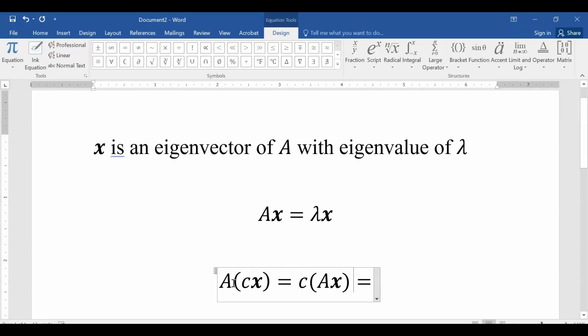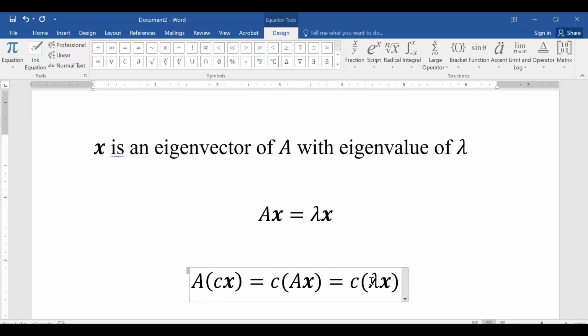So we pull the C out front, regroup. Well, A times X, that's just simply lambda times X, right? So I'm going to take this lambda times X. We know we can substitute it for AX. So that has to be C times lambda X,